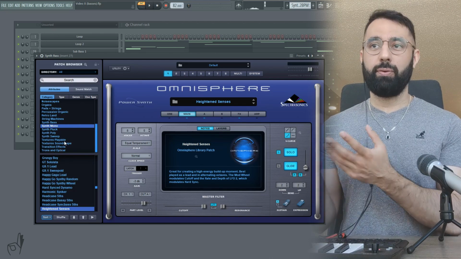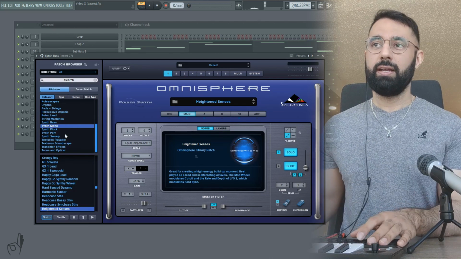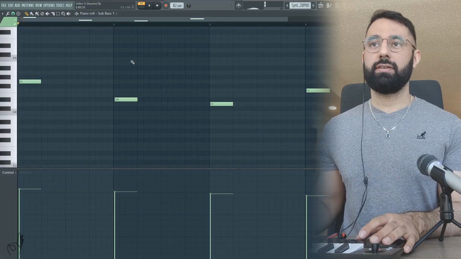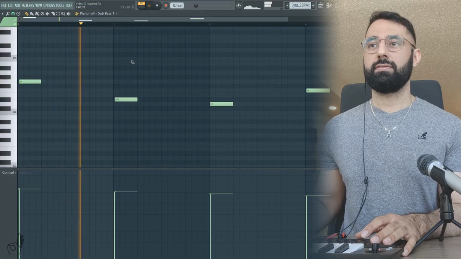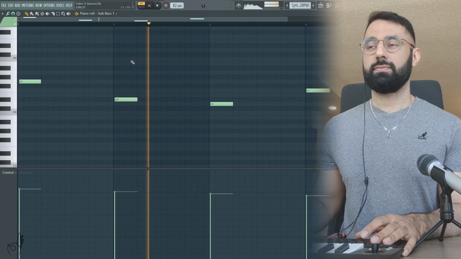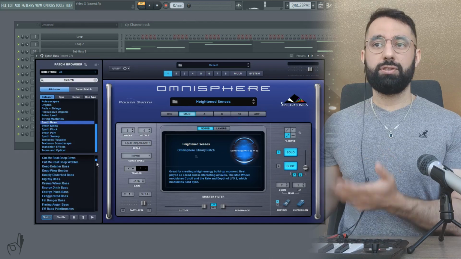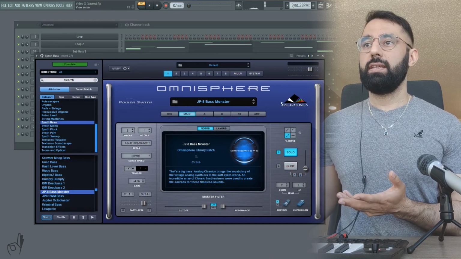Now what you might need to do if you want to do this technique, like I mentioned before, is take your sub bass and layer it underneath. And so it just feels a little bit more full now. Or again, I can just easily go into the synth bass section, just choose one of these. Again, if I open up an EQ here,